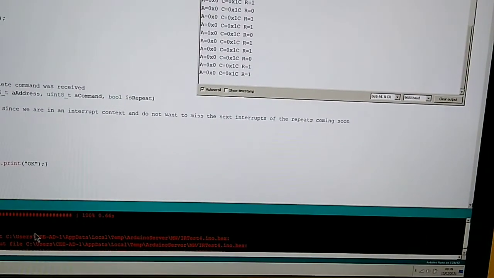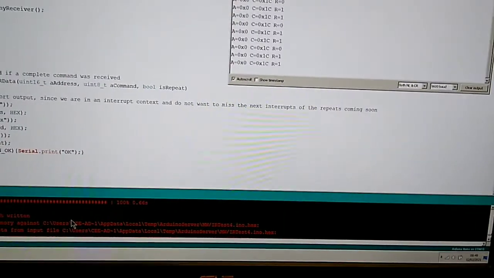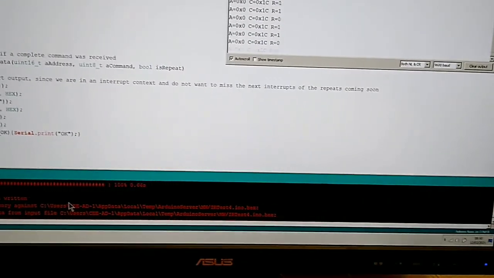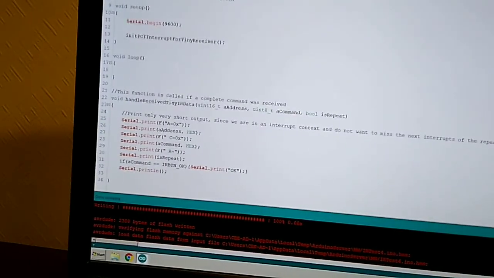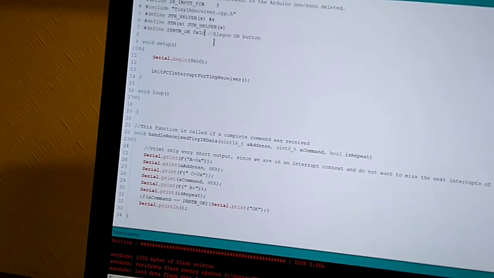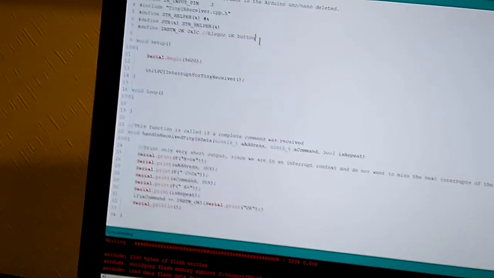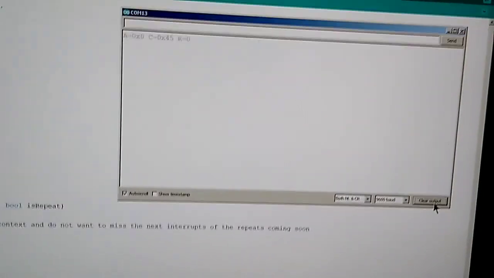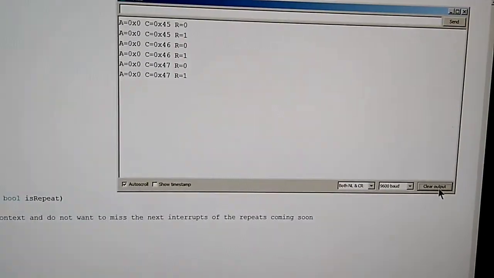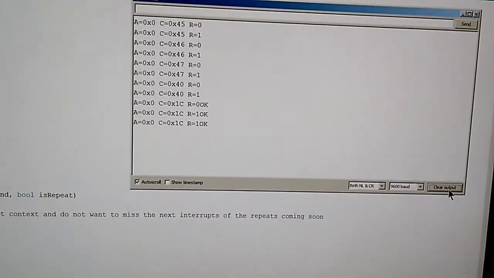which it isn't, and I think that's because I'm using the wrong remote control. So this OK is giving 1C. I was playing around with another remote control which is very similar but has different numbers for the buttons. So if I go back into the code and change that to 1C, I can press some buttons and get some data coming in, and if I press OK, it'll have OK on